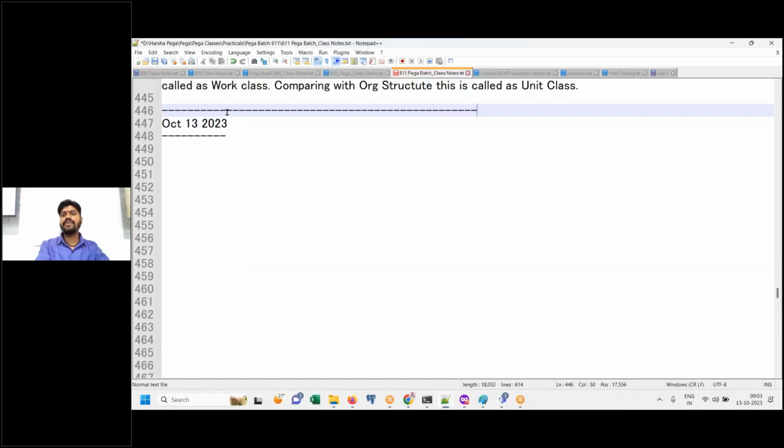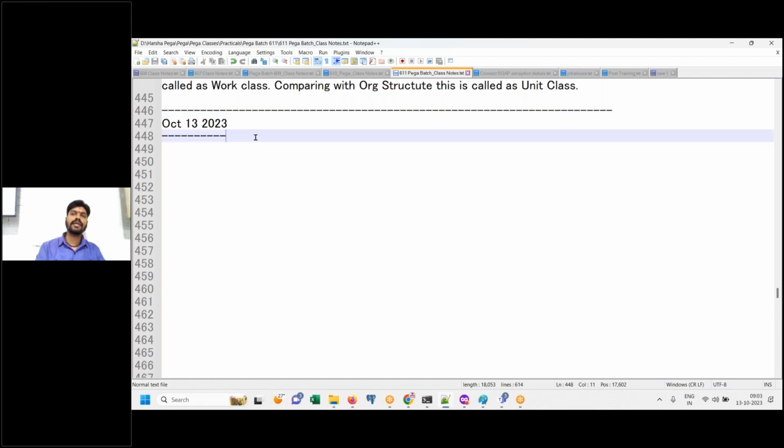So last class, what were we discussing about? Classes, types of classes, concrete and abstract classes. We are about to discuss inheritance in Pega, right? So we are done with OOPS concepts up to some extent, which is a universal concept, and we clearly understood why we need each of those. Like inheritance, why we need it. Why do you have abstract classes and all?